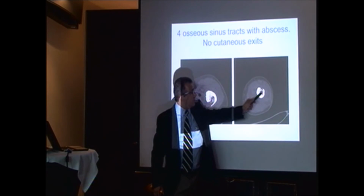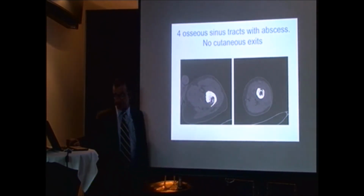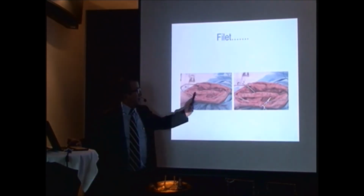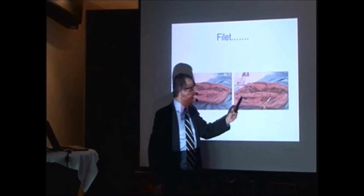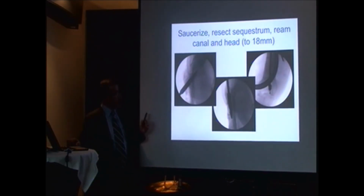Old femur, which is dead. New femur, which is involucrum. And one of the things that Ziran said is you don't have to remove the involucrum if it's bleeding. It's living, it has blood flow, you can leave it. So this is what we did. You can see the sinus here, sinus here, sinus here, sinus here. This is all involucrum. So what we do is we open it up and we put a